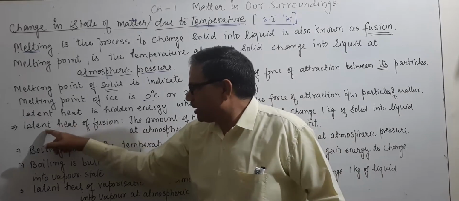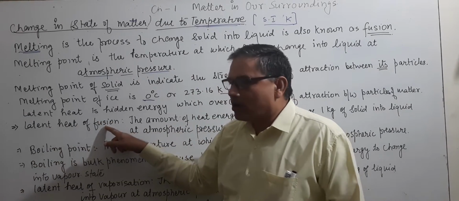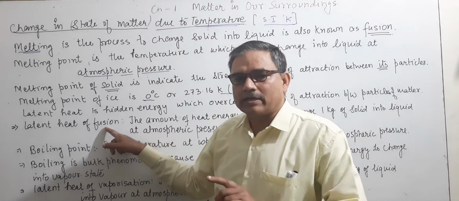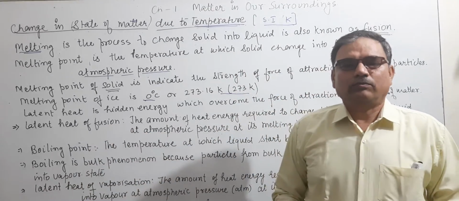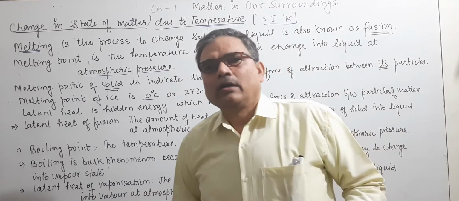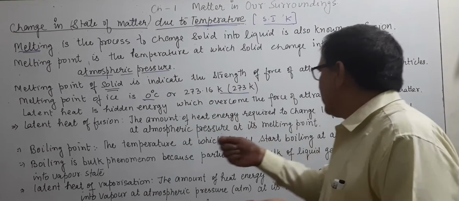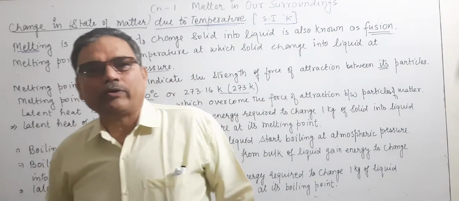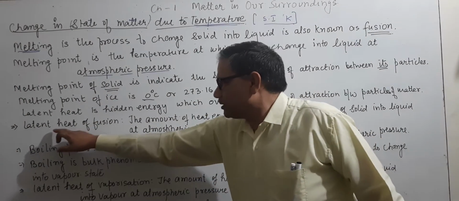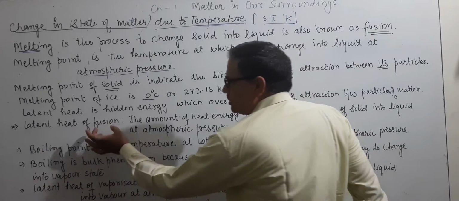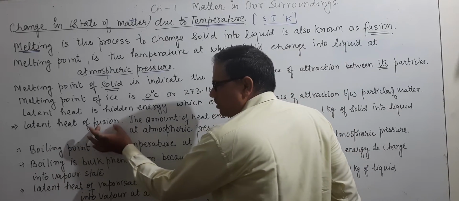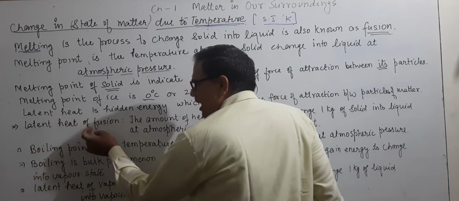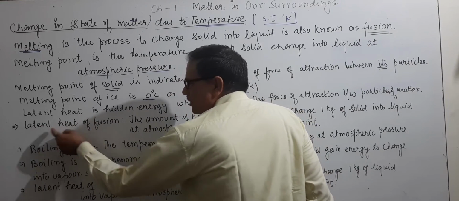Latent heat is the hidden energy which is used to convert solid into liquid at atmospheric pressure at its melting point. Why are we saying at its melting point? Because only at the melting point will the solid convert into liquid. Then we say latent heat of fusion. Fusion is the process to convert solid into liquid. This means the heat which is required. Latent heat means the amount of